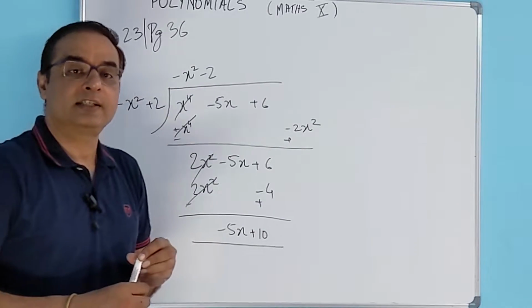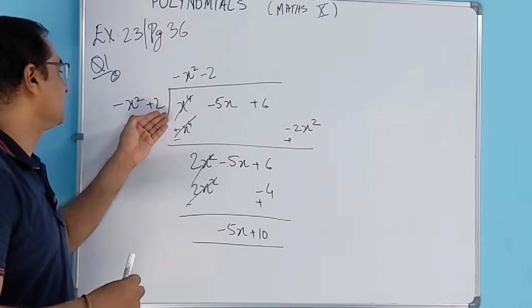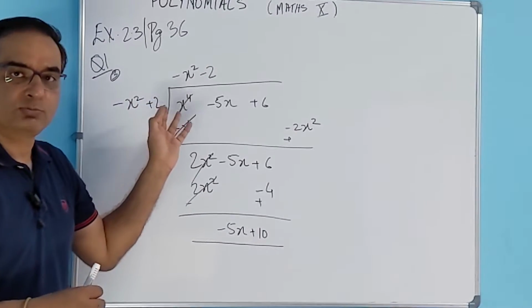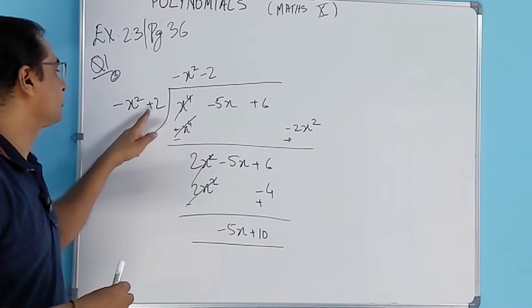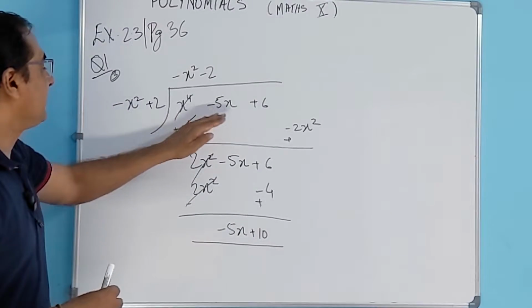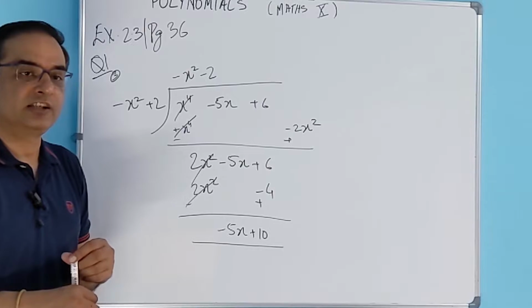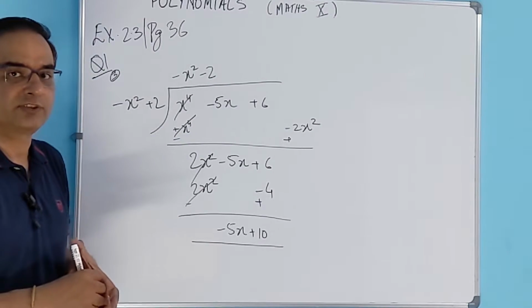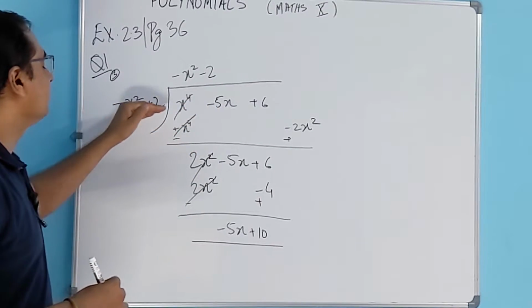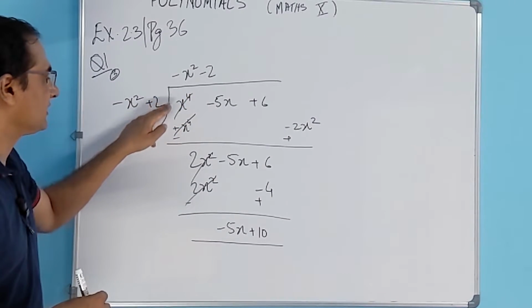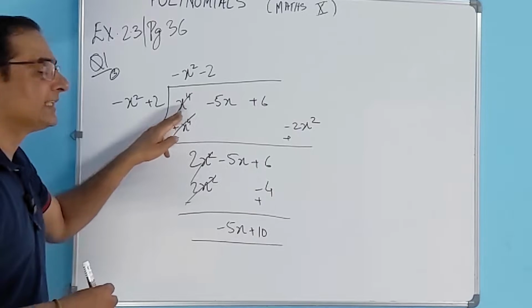Even in the divisor, we need to order in such a way that it is in descending order of the degree of the variable. So it was given 2 minus x square, we are going to write that as minus x square plus 2. Once we have arranged the divisor and the dividend in descending order of the degree of all the terms, we start the division. How do we do that? We look at the first term of the divisor, we look at the first term of the dividend, and we cancel that.